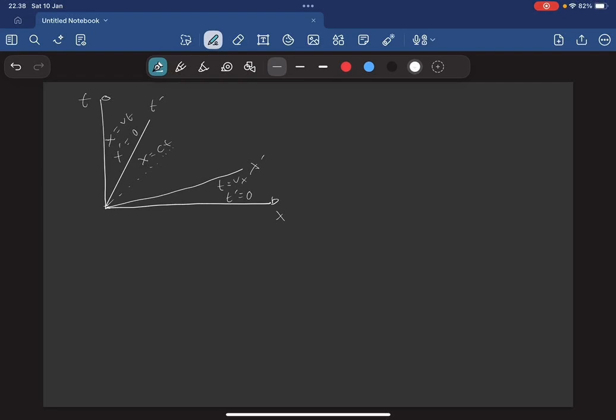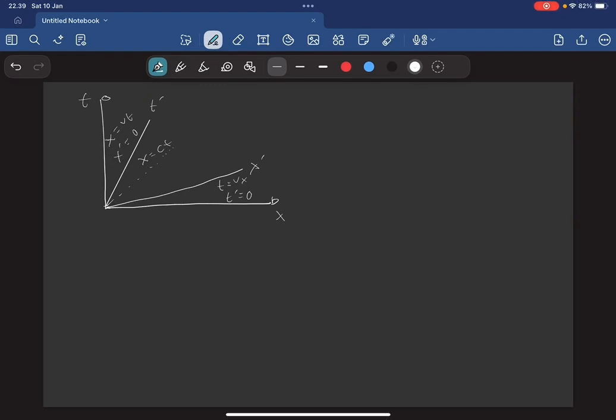So, the dashed line in this figure represents a light ray, whose world line makes a 45-degree angle with both the t and x axes. Earth's world line is shown on the t prime axis. Its x prime axis is also labeled. Both of the Earth's axes are also labeled with appropriate equations. Notice the symmetry of its two axes, x equals vt and t equals vx. These two lines are reflections of each other about the dashed light trajectory.